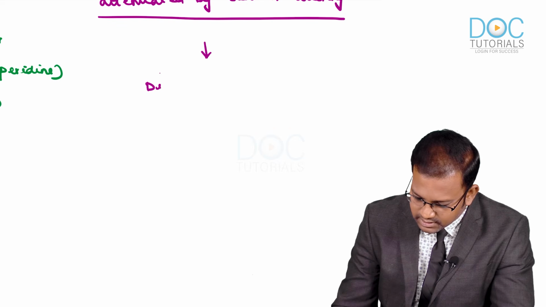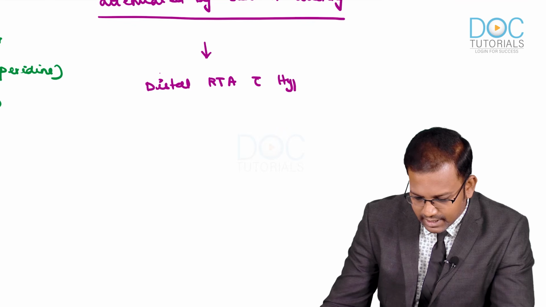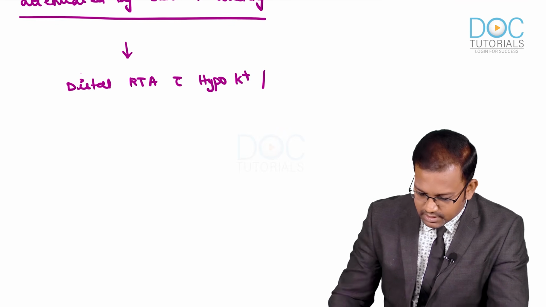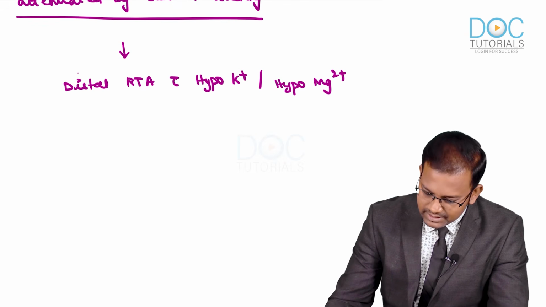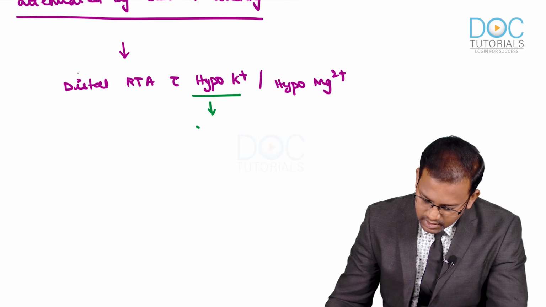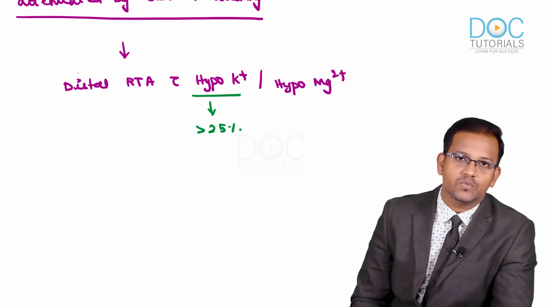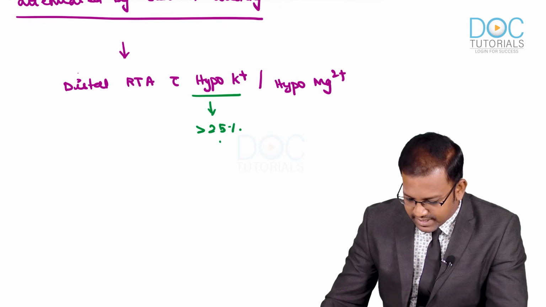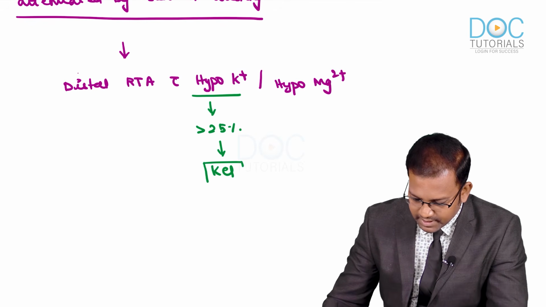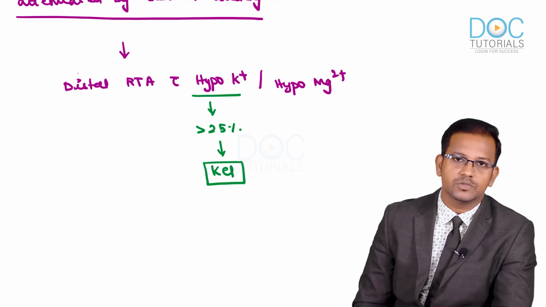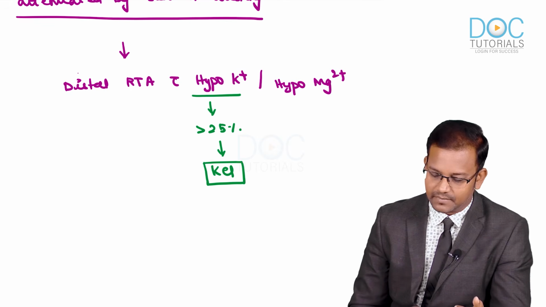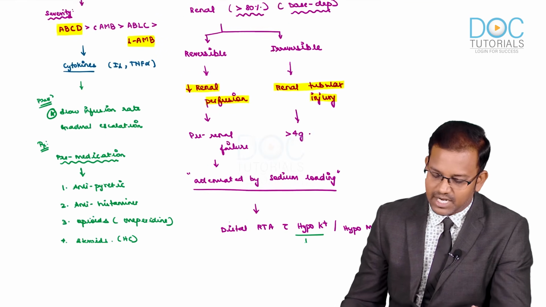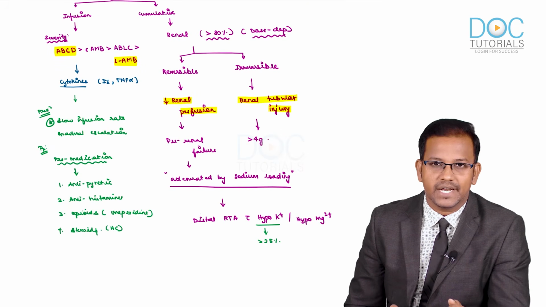There is a possibility of distal renal tubular acidosis with hypokalemia and hypomagnesemia. This hypokalemia is common in more than 25% of the patients who are treated with amphotericin B. So, how can we treat these patients? We can opt for potassium chloride supplementation. Potassium chloride has to be given in those patients to prevent the development of hypokalemia, because hypokalemia has adverse cardiac outcomes. These are the two major adverse effects which can be expected as far as infusion related and cumulative toxicity is concerned.